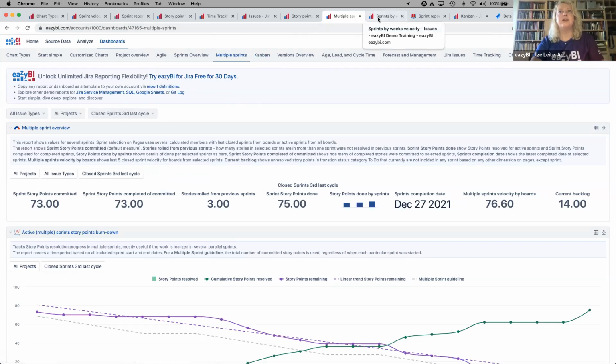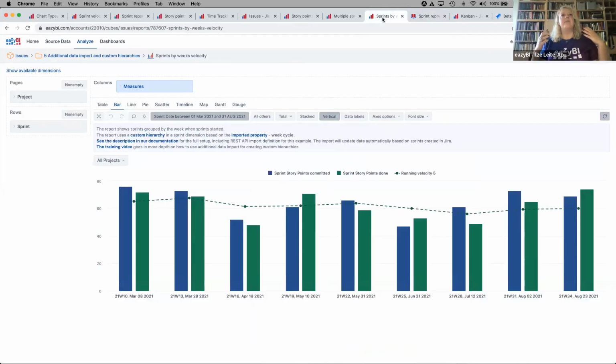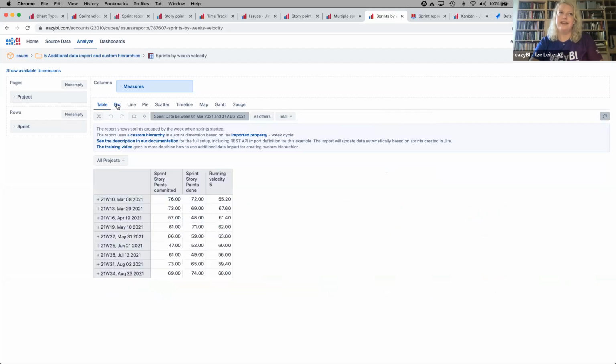And there is an additional option, which is described in our documentation, sprint reports for sprint cycles, the situation with parallel sprints. This is also a standard report, velocity chart, but this is created for sprints which are starting at the same time and ending at the same time. And sprints are grouped. We will switch to table. We do not lose anything. We can always switch back to bar, but it is just easier to see. We have grouped those sprints by cycles,